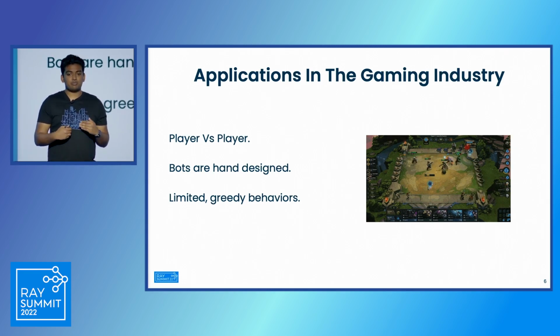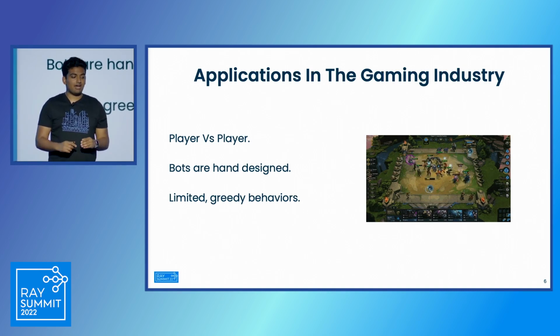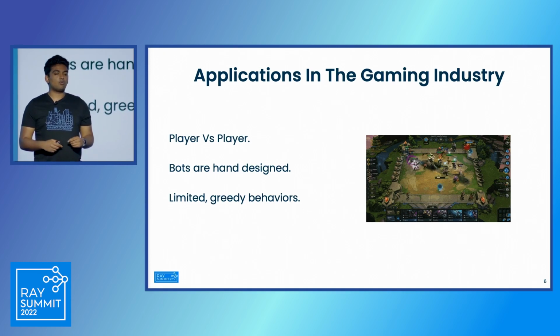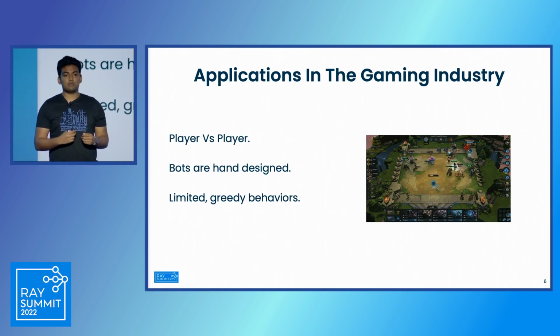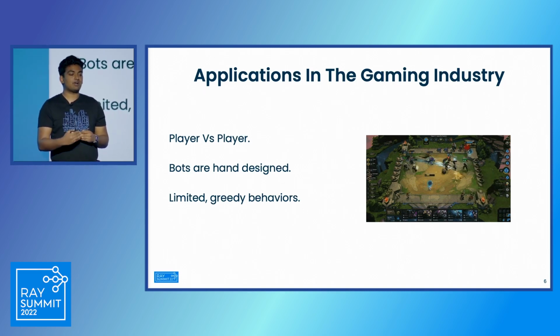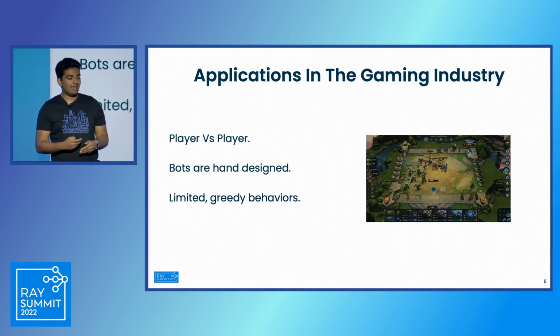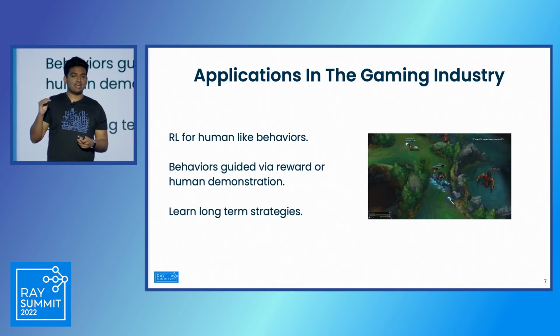And QA testing is typically done by humans, and it's very difficult to parallelize and optimize in such a way that it can be done in a time-efficient manner. So Riot goes ahead and makes bots that are hand-designed. Somebody will go in and express potential behaviors that the bot should express. However, the behaviors are limited in ingredient fashion. And so they can set higher level objectives for their bots via reinforcement learning, via reward.